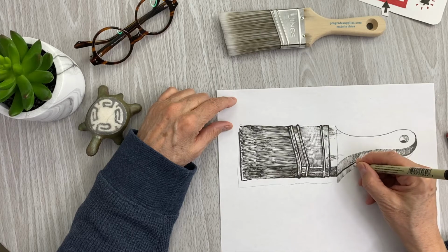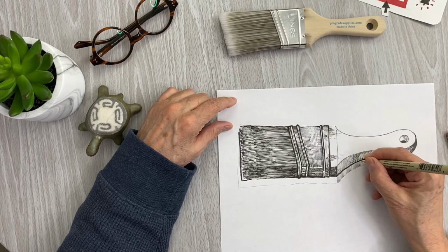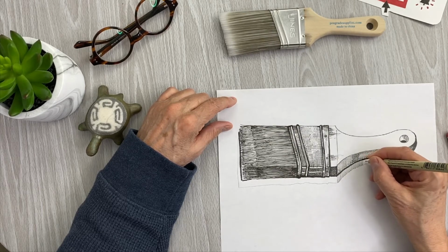And we're near done after we get this done. And this will be your first drawing that you did incorporating line work. And actually it's the first drawing